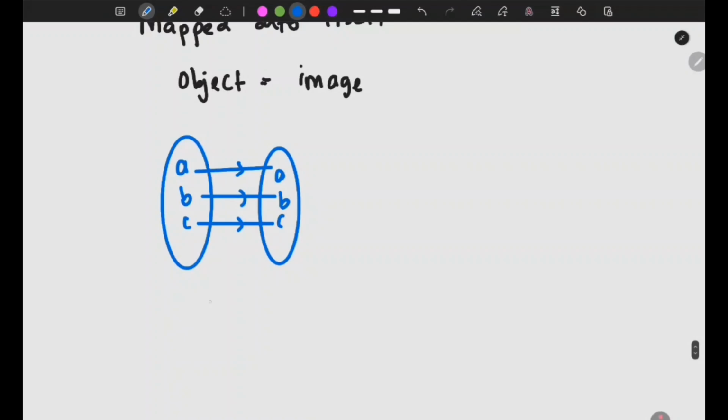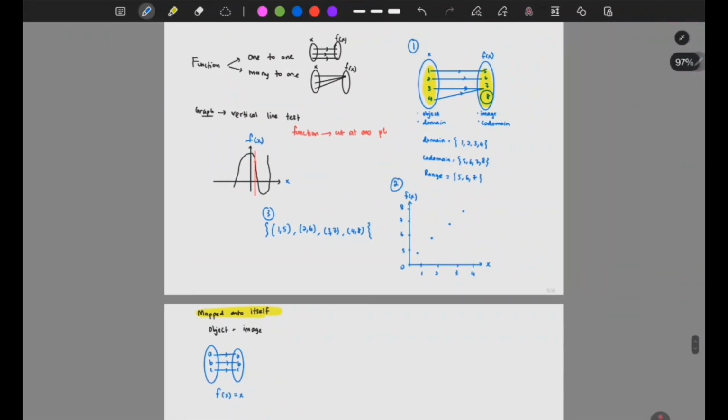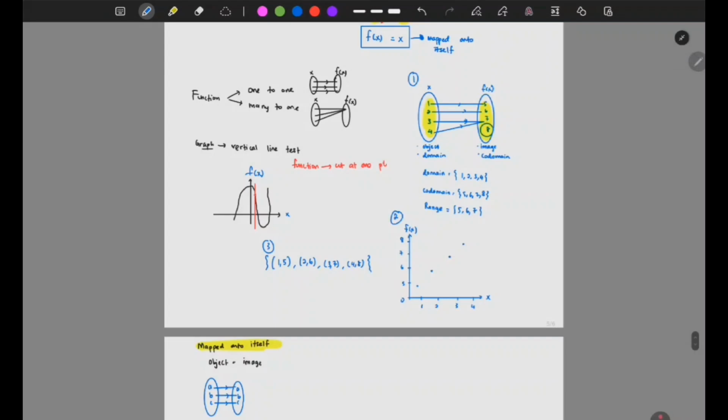When we say that, it means the object is equal to the image, and we can automatically form or generate this equation. This equation they don't give you, but instead of giving you this equation, they say map onto itself. So this is all you should know for today's